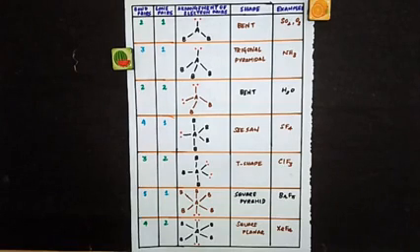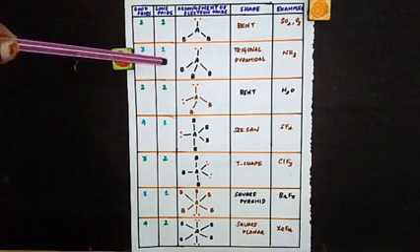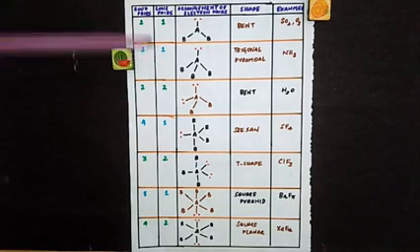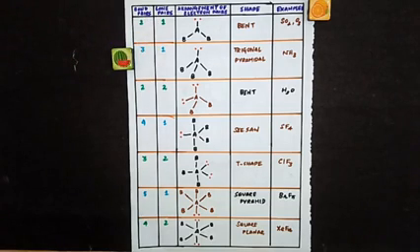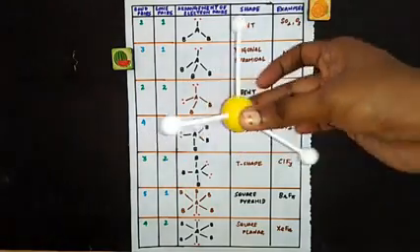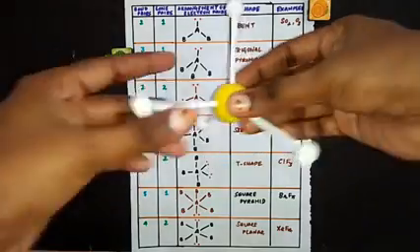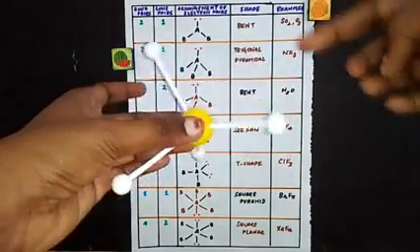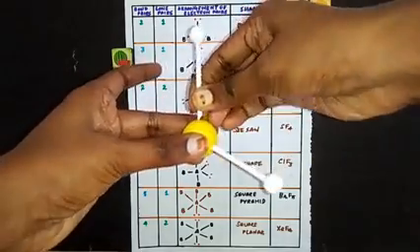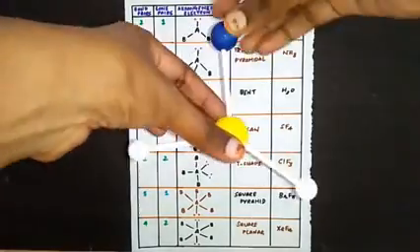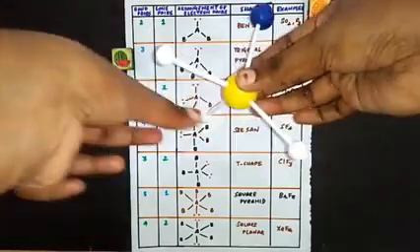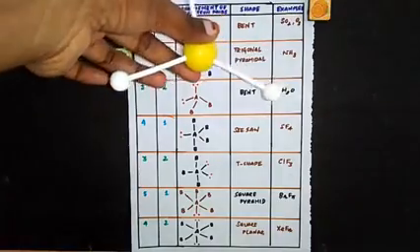And the next one is 3 bond pairs and 1 lone pair. So totally you have 4 electron pairs. Out of 4 electron pairs, if all 4 are bond pairs, what will be the geometry? It will be tetrahedral. So this will be the geometry when all 4 are bond pairs because the repulsions will be similar. So out of these 4 electron pairs, if one is a lone pair, what will happen? So this is a lone pair. I told you these 3 repulsions will be similar, but the repulsion between these 2 will be different.